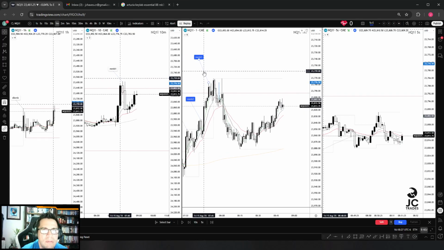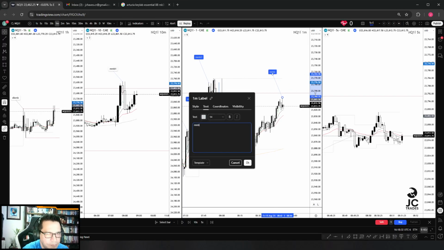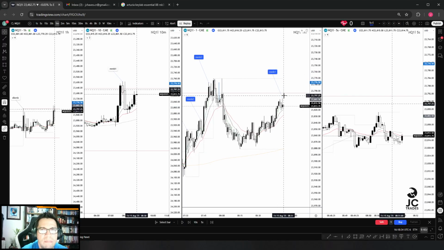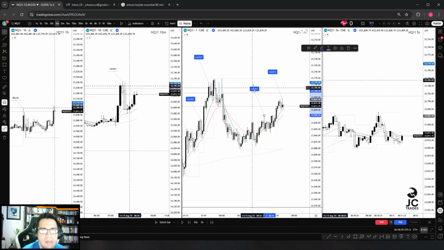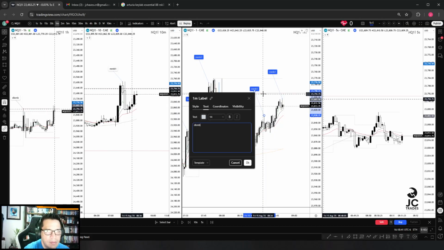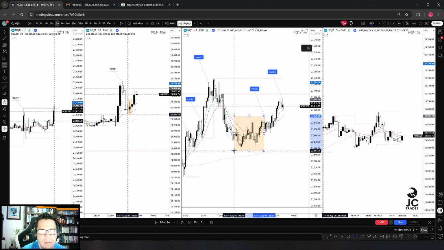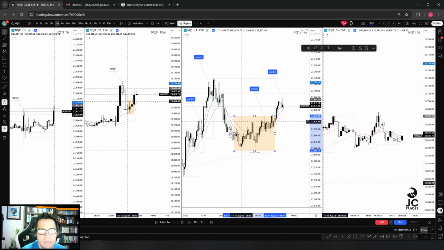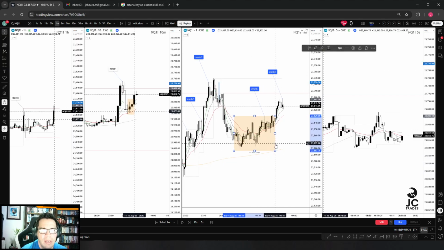I'm gonna label this one here as a possible MMB1 on the validation coming from this distribution MB, which basically comes from all of this stage one throughout all this area here. So we wait, and as soon as we see price come above all that distribution MB, we start following that,